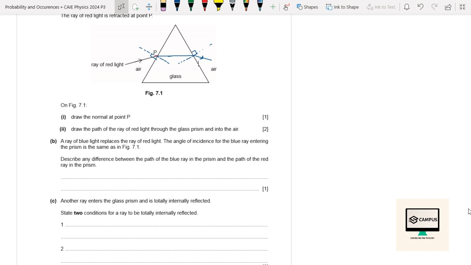So what's the difference between a red light and blue light? If we can remember the electromagnetic spectrum, the blue light is on the right side of the spectrum where the wavelengths are lower or the energy is high or the frequencies are high. So when the wavelengths are lower, we say that wave speed will be lower, and that means that refractive index of blue light in the glass obviously would be higher. So we can say that there will be more refraction, or we can also say that the angle of refraction would be lower. So we can simply answer that there will be more refraction